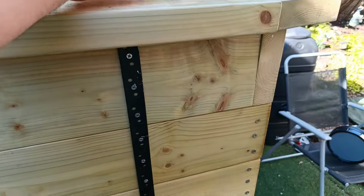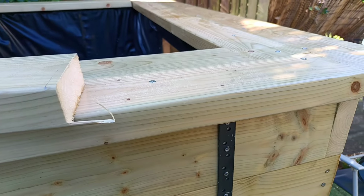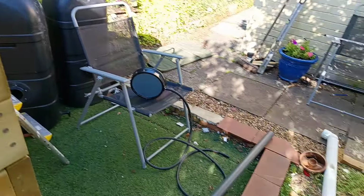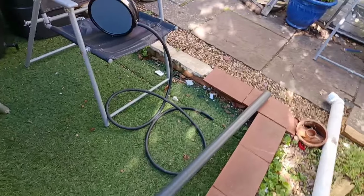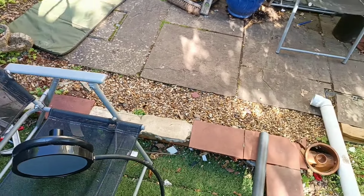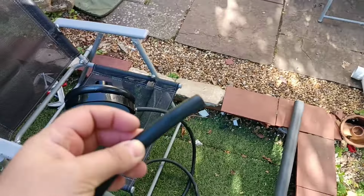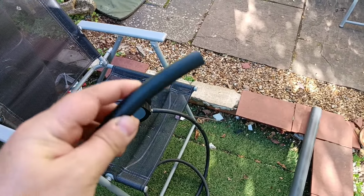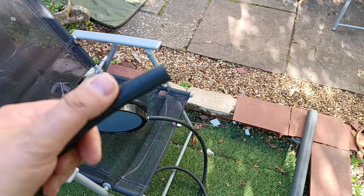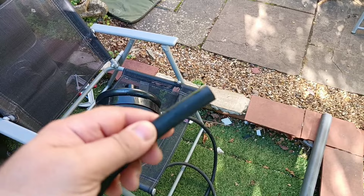So one or two holes in here, one for the pipe and one for the airline. And what I'm going to do is that pipe, this airline, I did check it last night, actually goes straight on to the air pump. So I need to cut a bit off of here, and then the hose pipe, put some liquid back around that, marry the two together, cut the hose pipe a bit shorter,